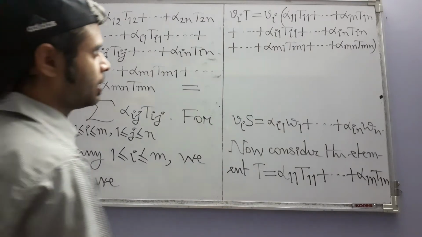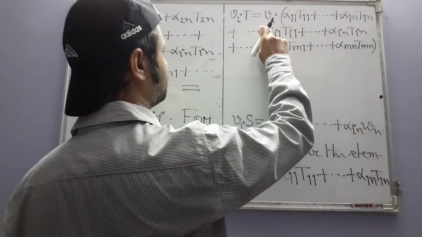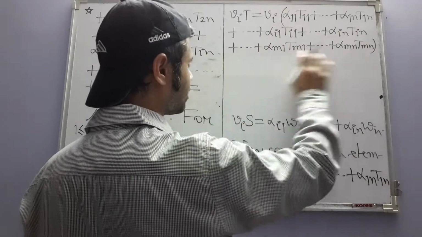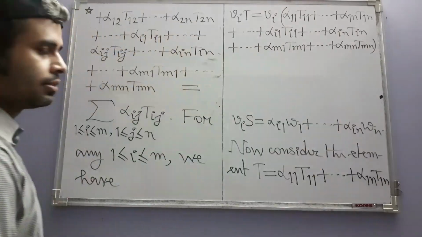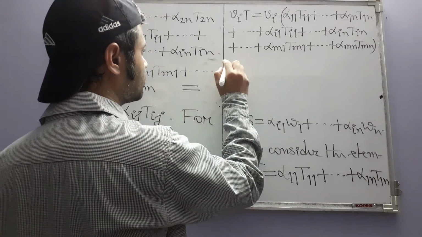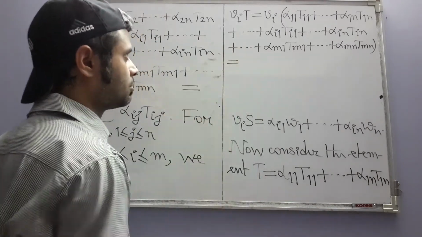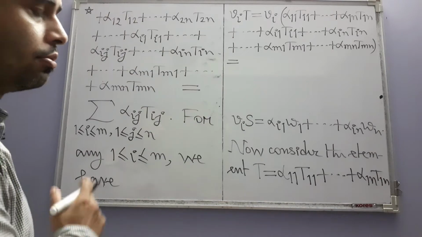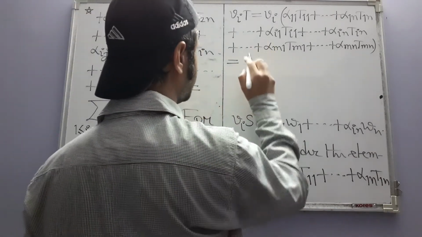Okay, so here the input is just vi and the function that you are applying on it is a gigantic thing like this. Anyway, now this thing is equal to